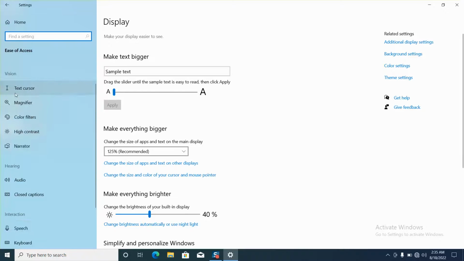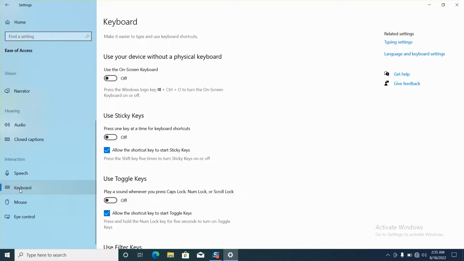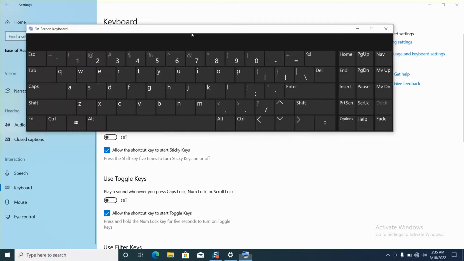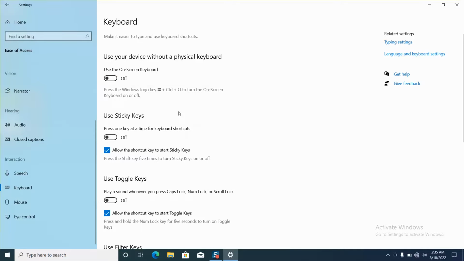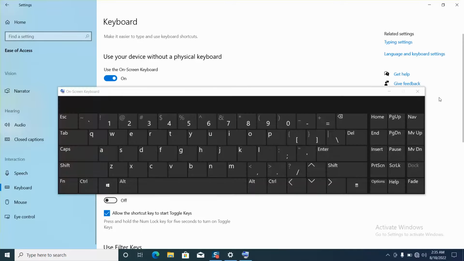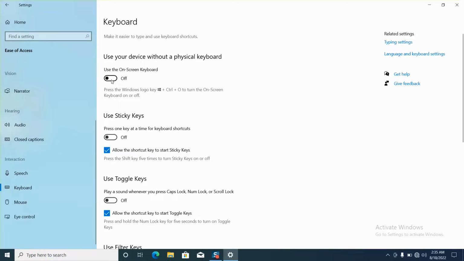On the left panel, scroll down and click on Keyboard. Here you will see the option Use the on-screen keyboard. Click on it to turn it on and the on-screen keyboard should appear. Normally, once you click on this X or close, it should turn off. If when you click on the close, it closes but is still on, you have to go back to the settings